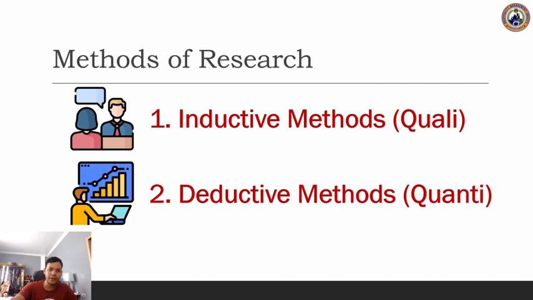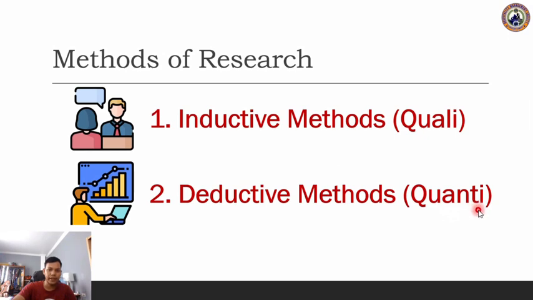Again, research methods for data collection fall into one of two categories. We have inductive methods and deductive methods. And how about, sir, qualitative and quantitative together? We also call it a mixed method. Mixed method: we have quali and you have quanti. But in your case, again, since you are still in the bachelor's degree, you will only conduct the quantitative.